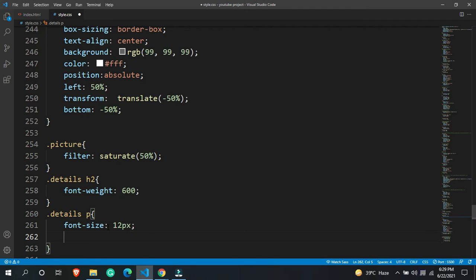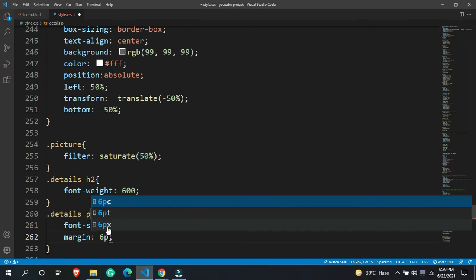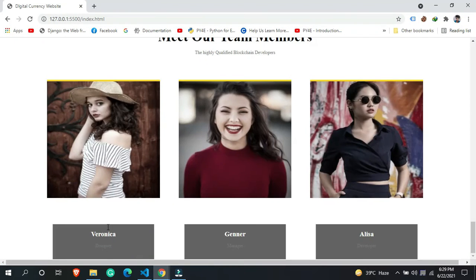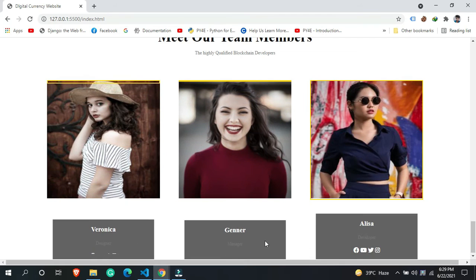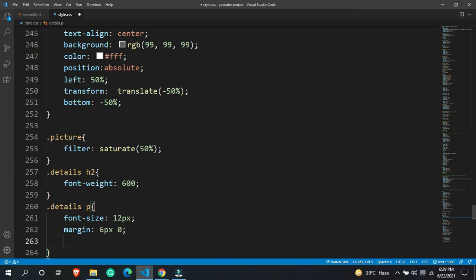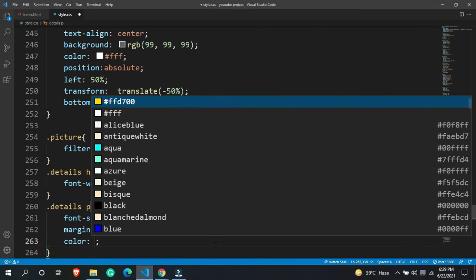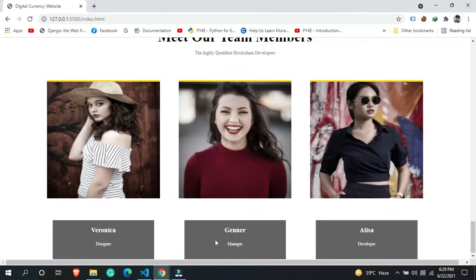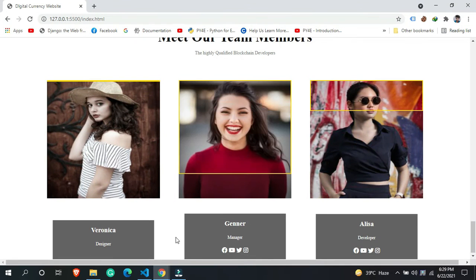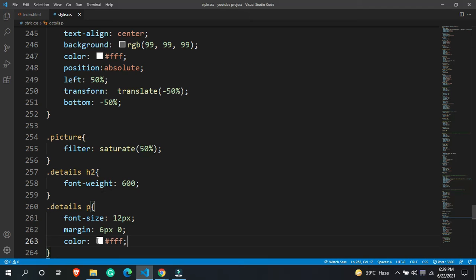Then margin, I want a margin from top to bottom. And that's it. Here you are getting all of these things, you can see we are getting them very easily over here. Let's say I want to change the color first, because I don't want it to look the same as it is. Here you can see it looks very beautiful. So do not change its color.